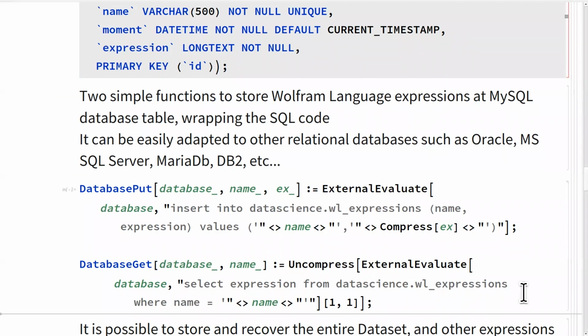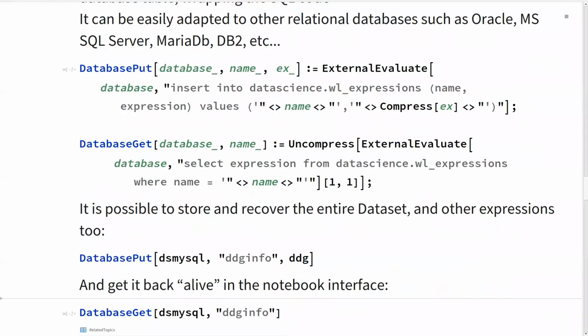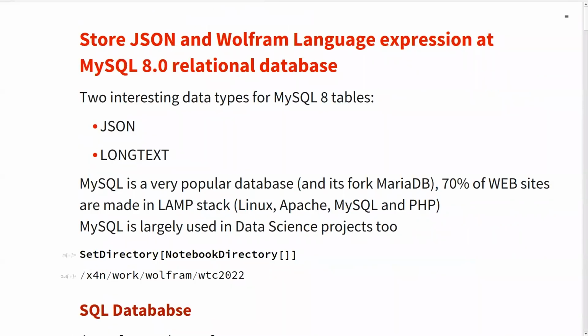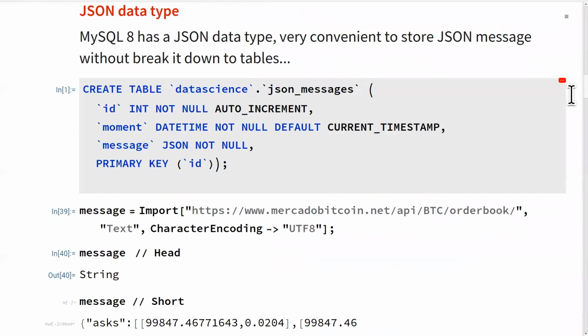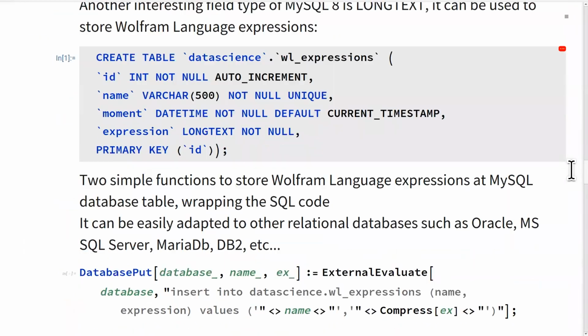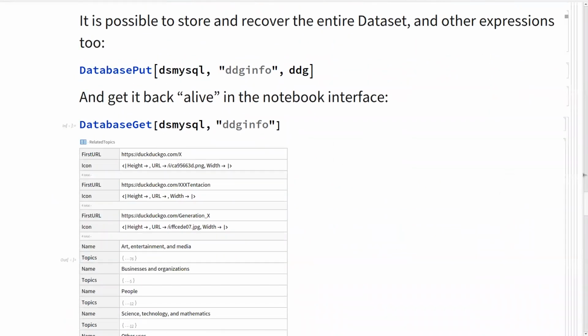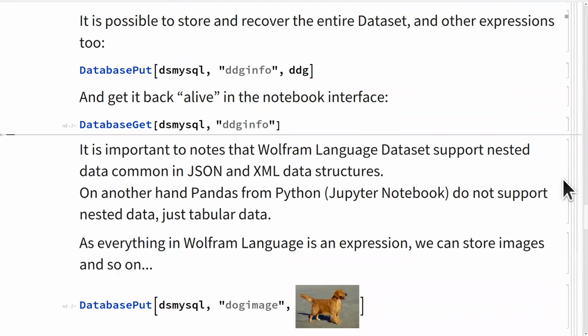And then I name this object like a file name, for example, and then I can put this data set. I can put and load the data set.